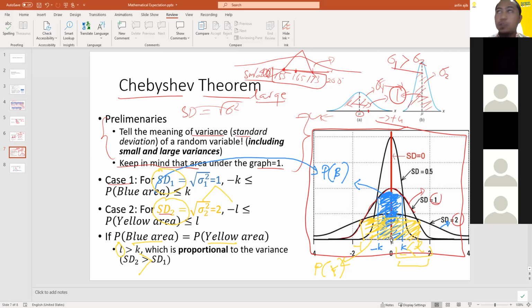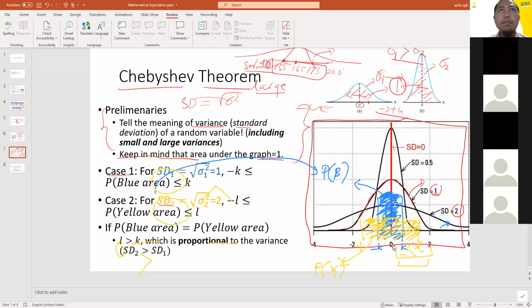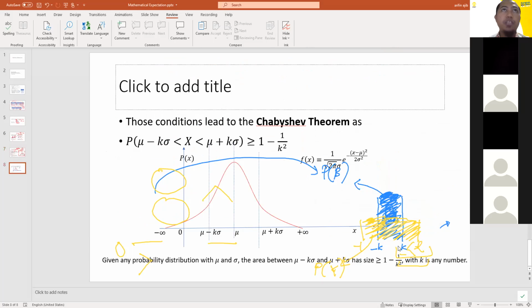Okay, from this point, based on this definition, based on this understanding, we arrive at the Chebyshev theorem. Okay, I have to make it clear. Wait a moment. Okay,